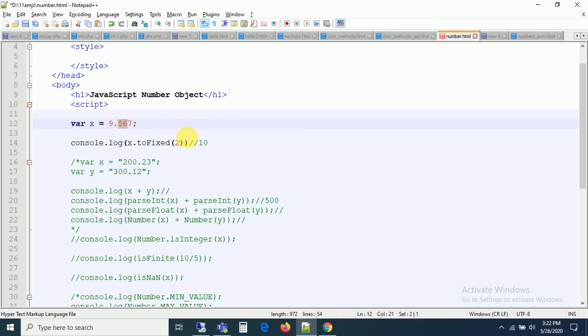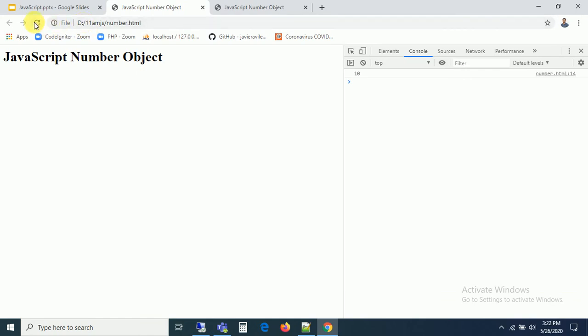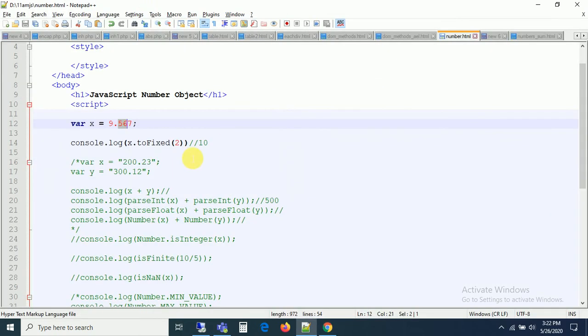This is going to be rounded, so that is going to be 6, I think. You can check it, this is going to be rounded as 9.57. Can you see, we have 6, that was rounded as 9.57. I mean, one value is going to be rounded, guys. If you give 0, this is going to be 10, because you gave 2, right? So if you give 2, and if I give 3, then what is my output?